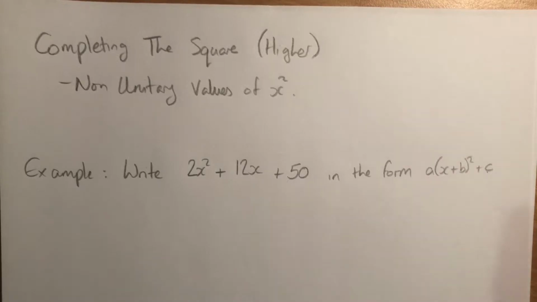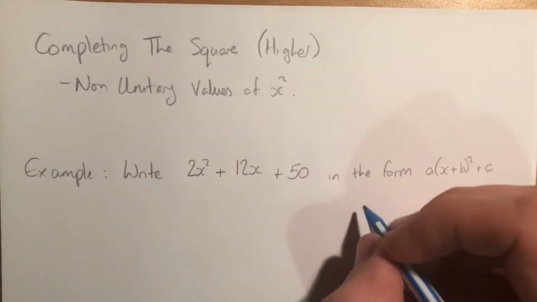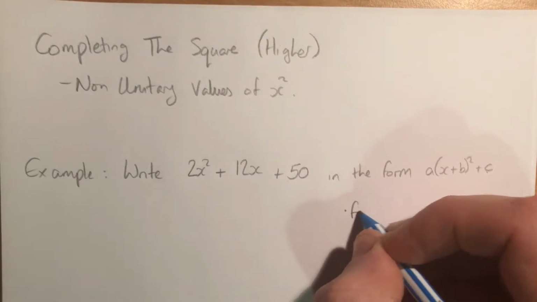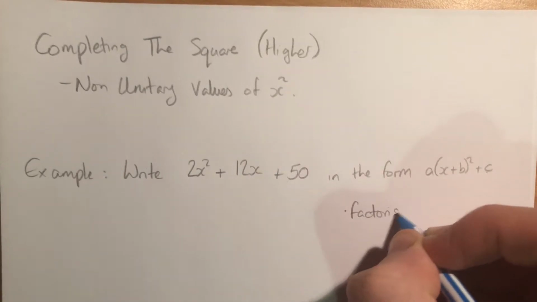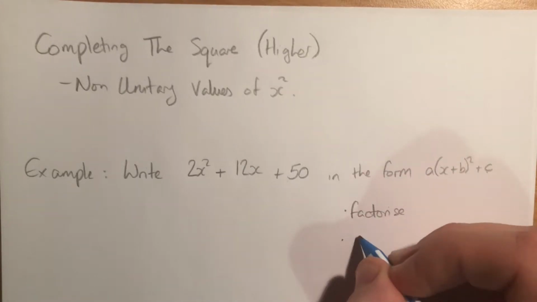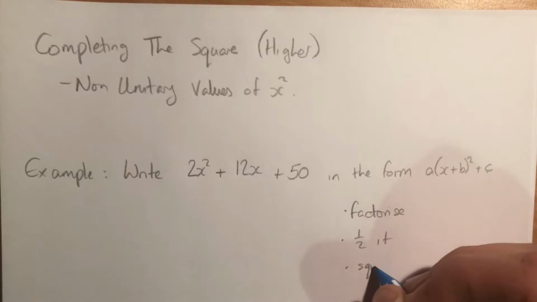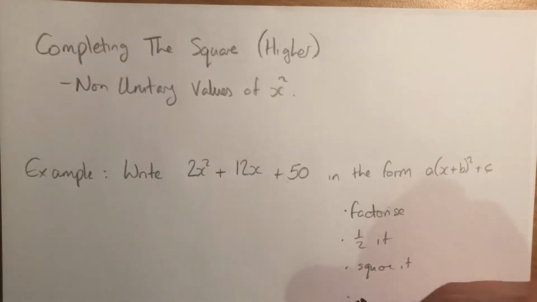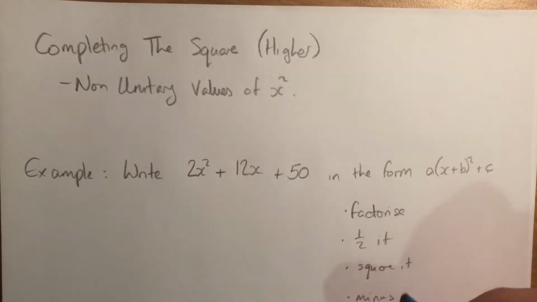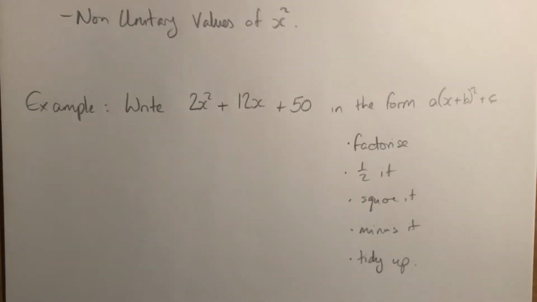Now this just builds upon what we did at National 5. All we're looking for really is, first of all, to factorise to begin with, then half it, square it, minus it, as it was in National 5, and then it's a proper tidy up afterwards. We need to be able to do all of those aspects to be able to be successful with completing the